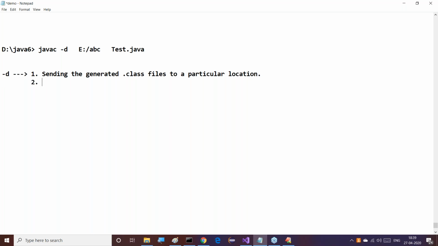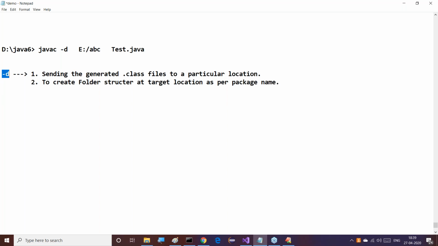And the second purpose is to create a folder structure at a target location as per the package name.